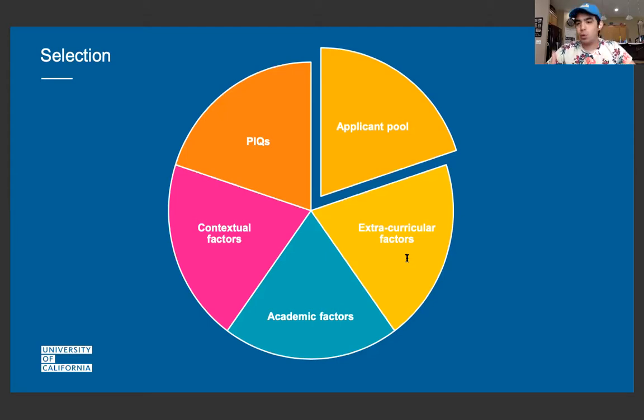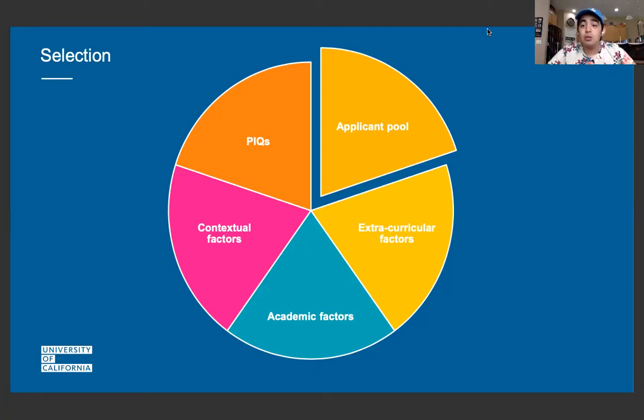Academic factors, we're talking grades, your grade point averages, SATs if you choose to put them on there. It's not going to be held against you this year if you do not add your SATs or ACTs. Extracurricular factors, what you've done throughout your high school beyond the classroom setting. We're talking about volunteering, being on committees, having jobs. The jobs are very, very big things. All these things help you become a well-rounded student. And then the applicant pool.